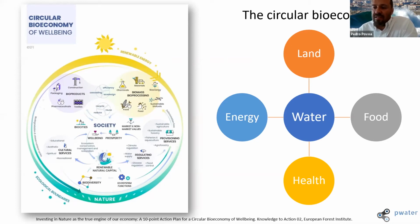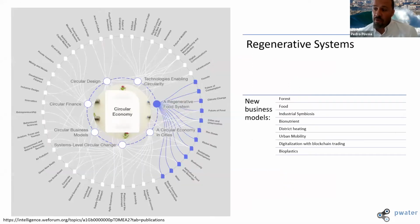It does not make any sense to produce a lot of biomethane to inject in the grid or to put in cars, in mobility, if you don't have a lot of people driving cars. It does not make any sense to produce a lot of heat if you don't have industrial symbiosis nearby. It's always local. So this is the third message. And the fourth message